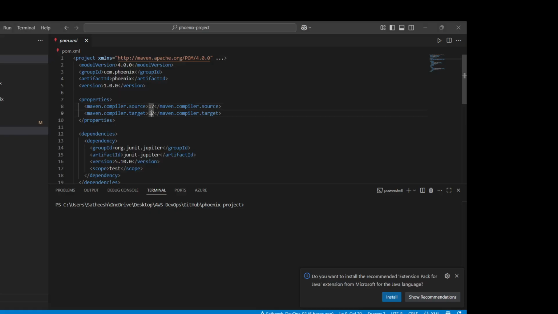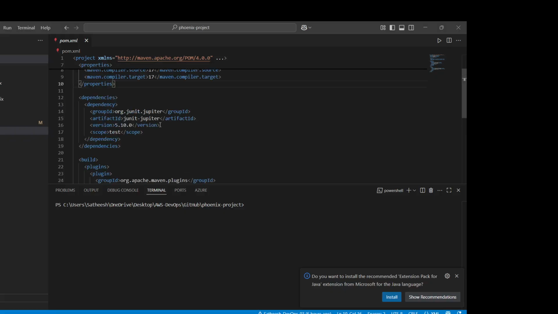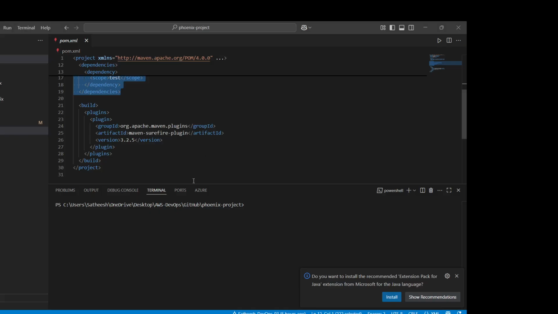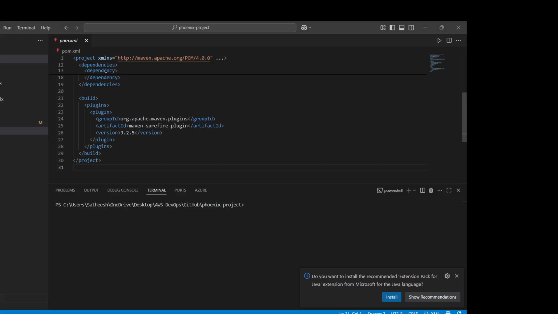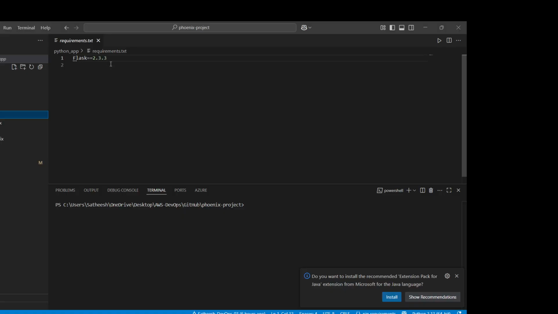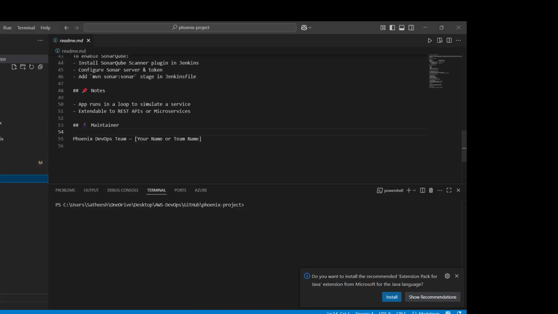And then this 17 in properties points to the Java version, which Java version we are going to use. And then there is something called dependencies and plugins. Plugin means similar to the Python app, where in the requirement.txt file we updated this Flask version as 2.3.3. Similar to that,